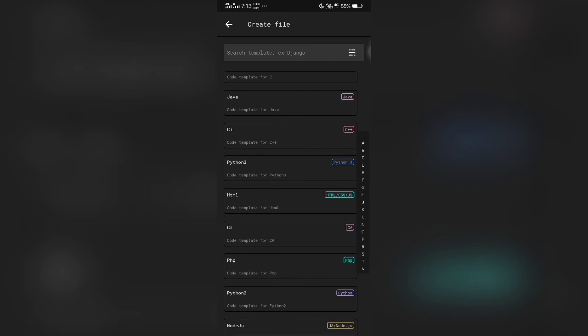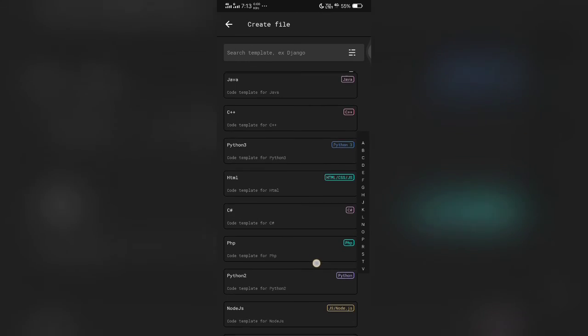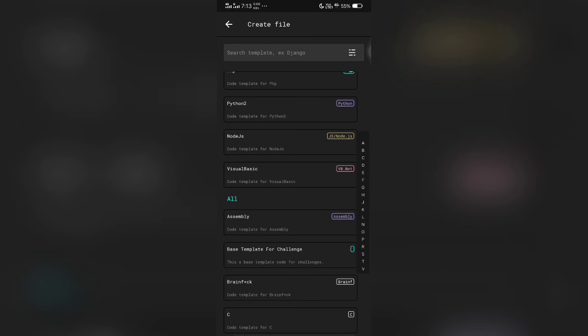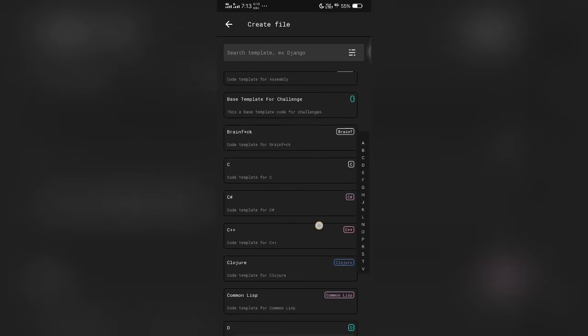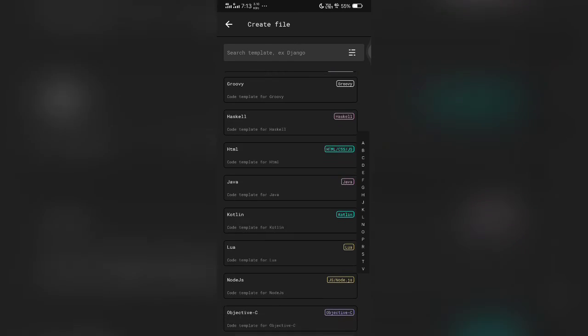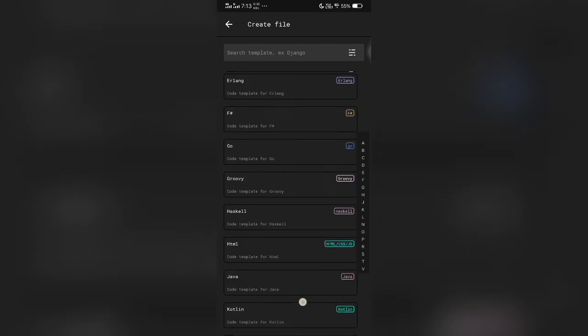This HTML contains these three languages: HTML, CSS and JavaScript. And C#, PHP, Python 2, Node.js, Visual Basic. As there are many programming languages, I think this will be the perfect app for all programming practice purposes.